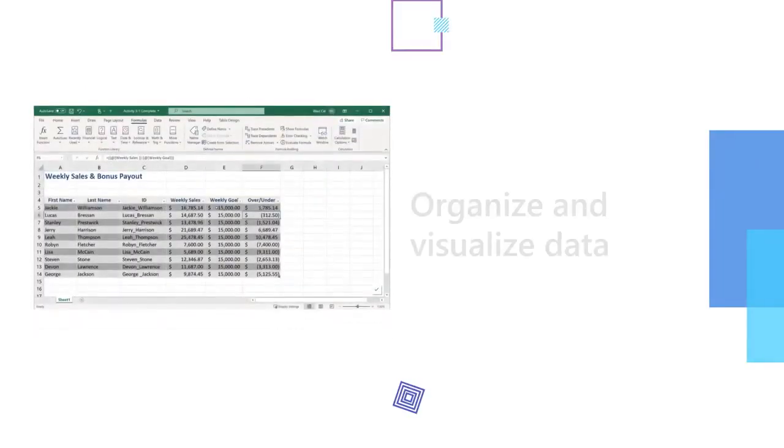In Module 3, you'll move on to how to organize and visualize data in Excel. You'll learn all about tables and charts, how to create, format, and modify them to store, organize, and display data in the way that you need. You'll also learn how to manage large workbooks, and you'll be introduced to analyzing data using Excel's pivot tables and